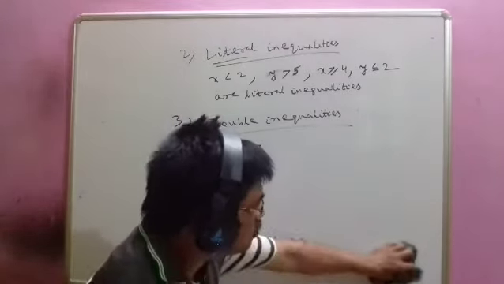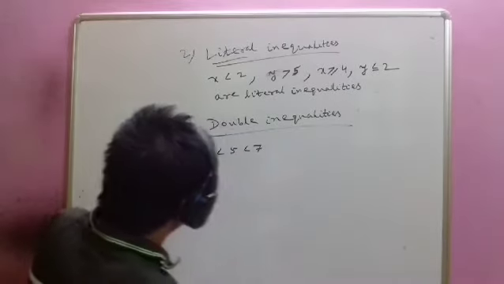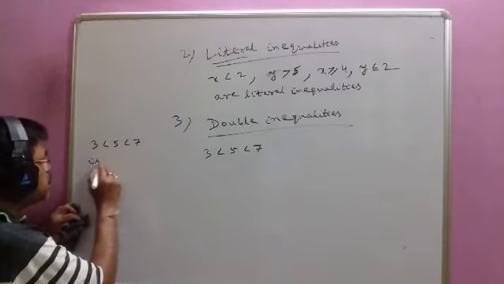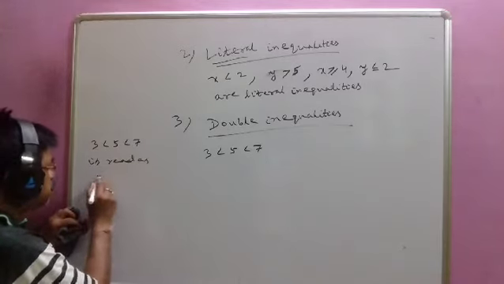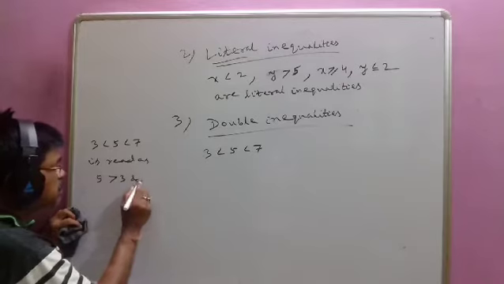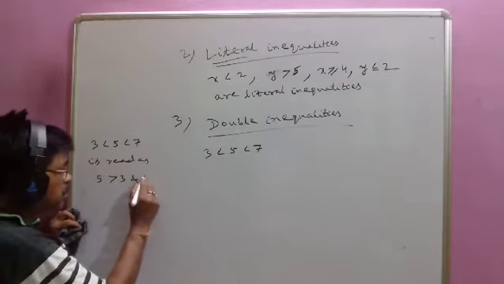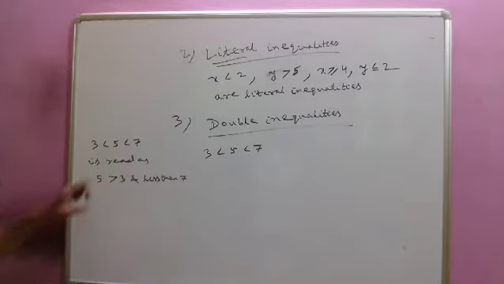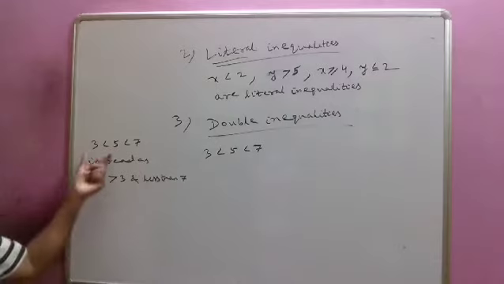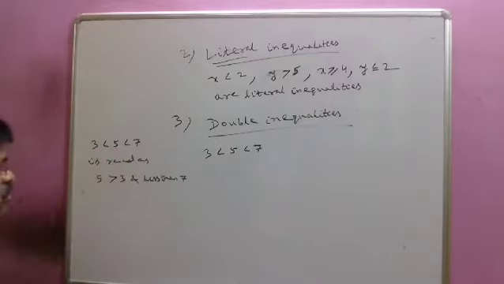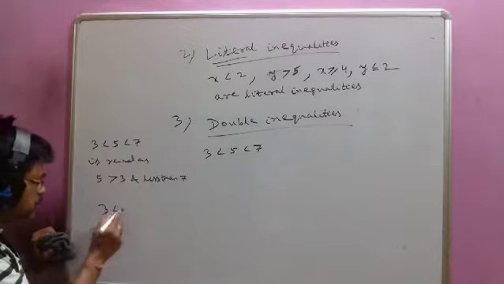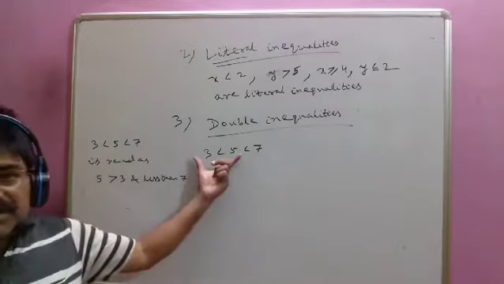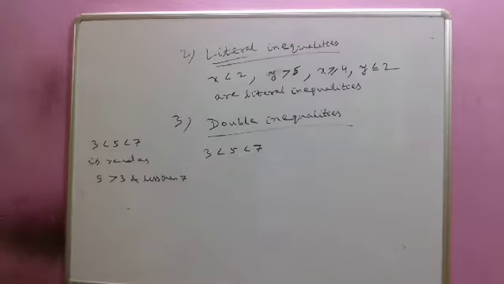Previously, in trigonometry, I have told you this notation. Remember, whenever you write like this, it is read as 5 greater than 3 and less than 7. I will write like this: 3 less than 5 less than 7. 3 less than 5 means in reverse you can say 5 greater than 3. Are you clear? So how to read this? Understood, not understood? Hello?